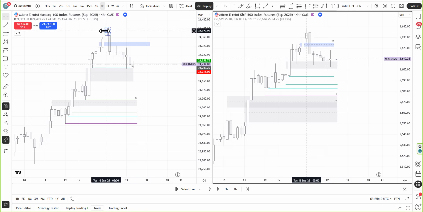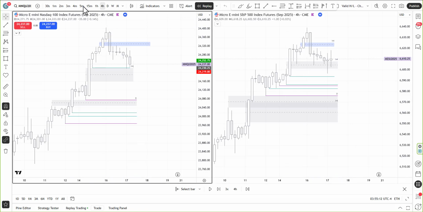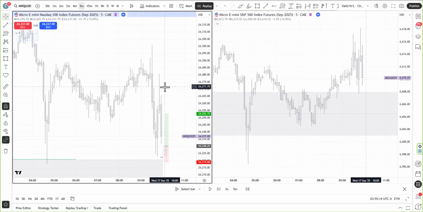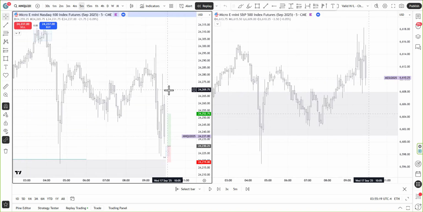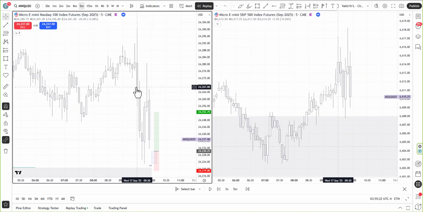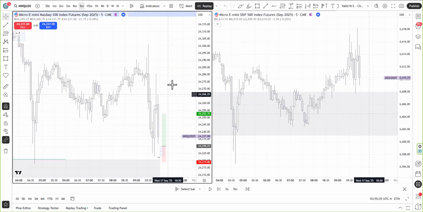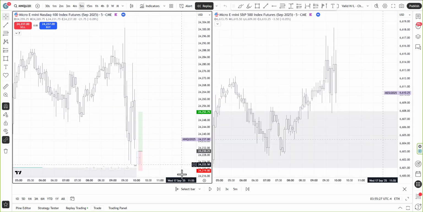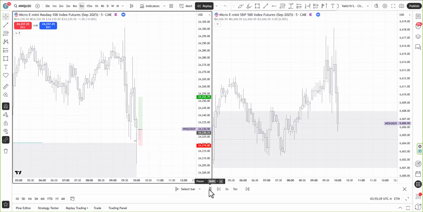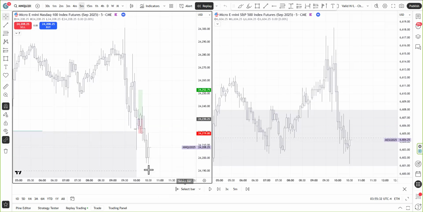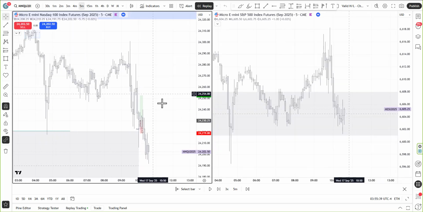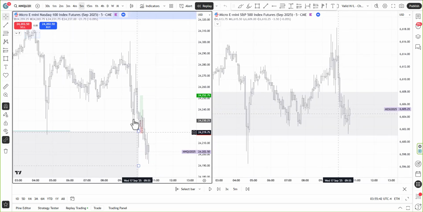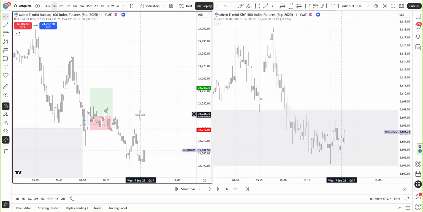So let's zoom in a little bit. And I was watching this on the 5 minutes because there was just crazy volatility altogether. Already when price opened, there was high volatility, and I'll just press play. And I think, yeah, so I was watching. I think this did not give any proper setup, because even though it took out this low, I was watching price and I wanted to see a proper setup.